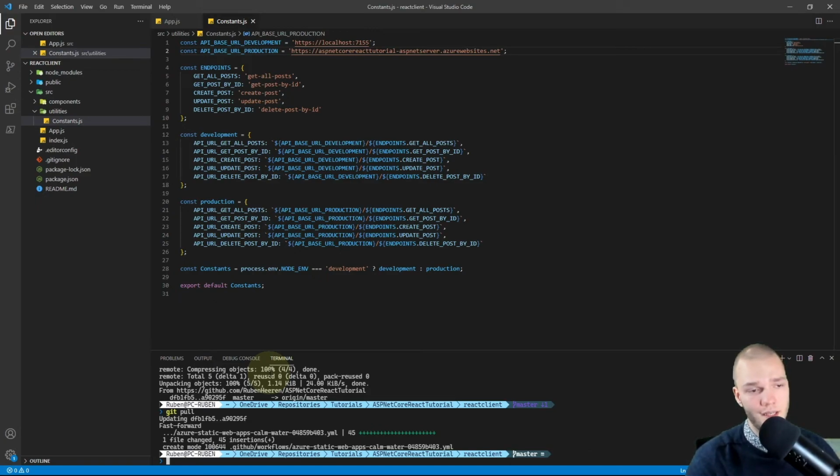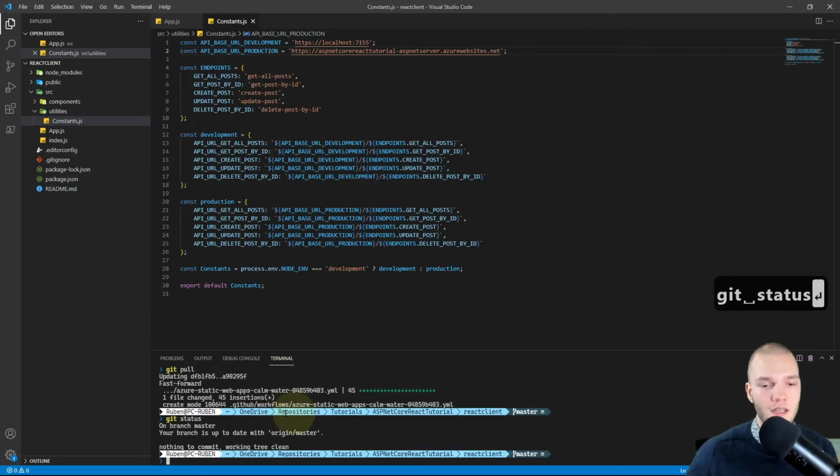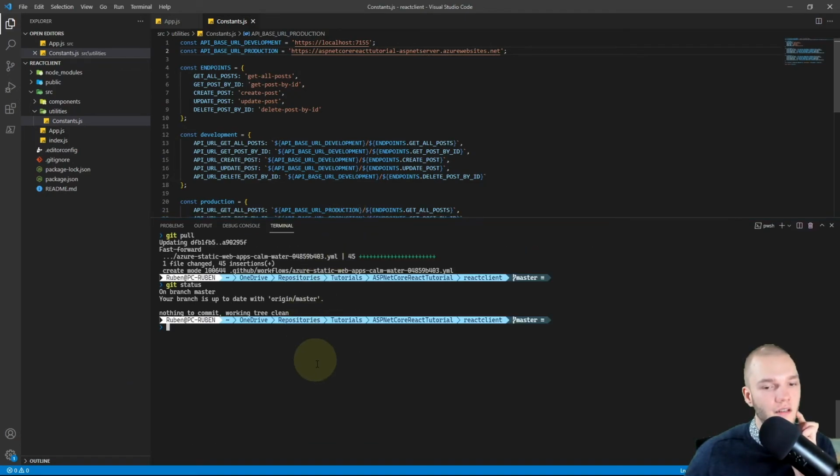That's just the commit Microsoft Azure did for us. I'll do git status again and we're up to date. We see that a .yml file has been pulled in, and that's a GitHub action YAML file that contains all the information needed to run the GitHub action which publishes our React app to Azure.